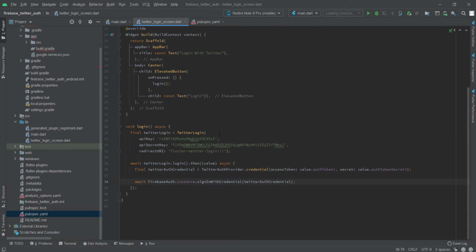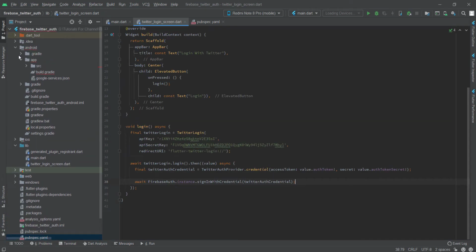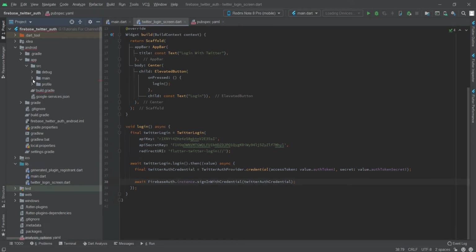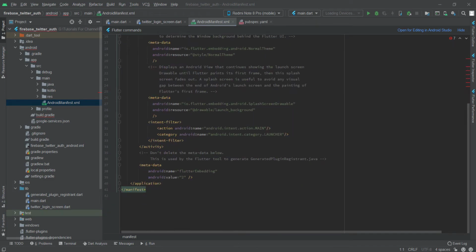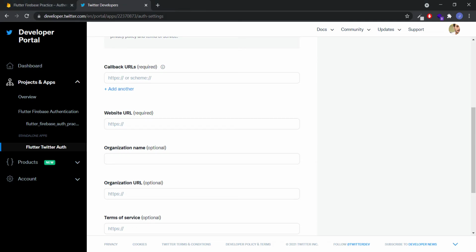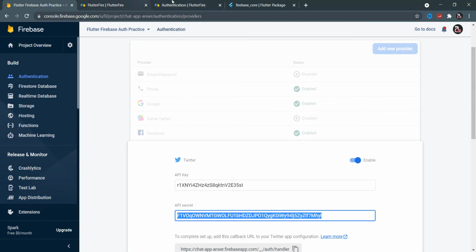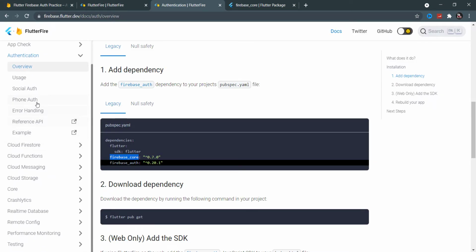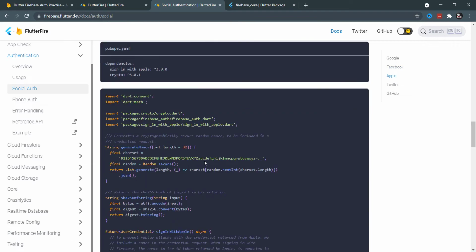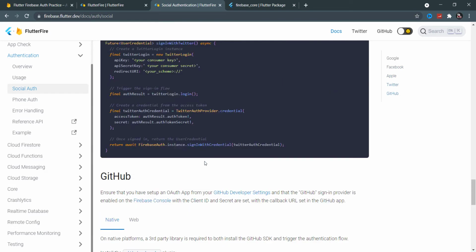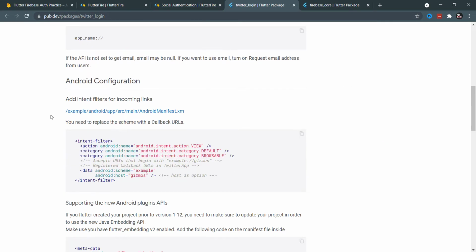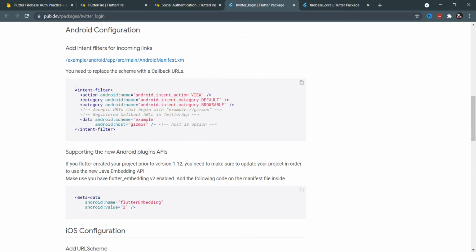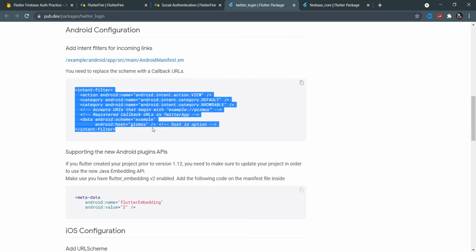And we need to make some modifications in our manifest as well in Android. So I need to open this manifest file, and after that we need to open authentication, which social auth, and after that Twitter, and we need to open this plugin again so we can see which things we need to, yeah, intent filter. Basically we need to copy this line,